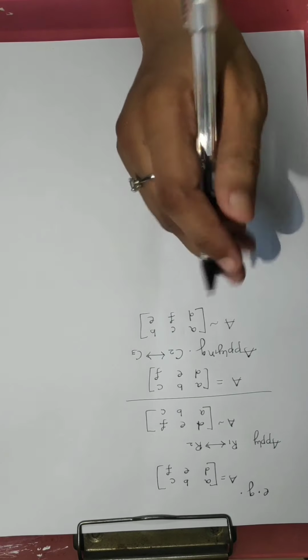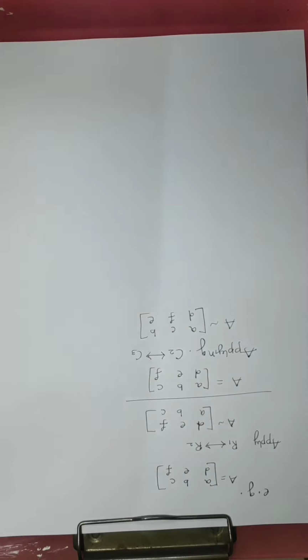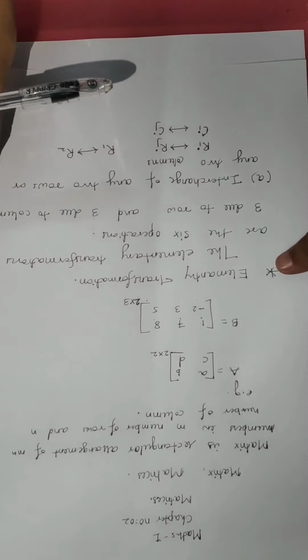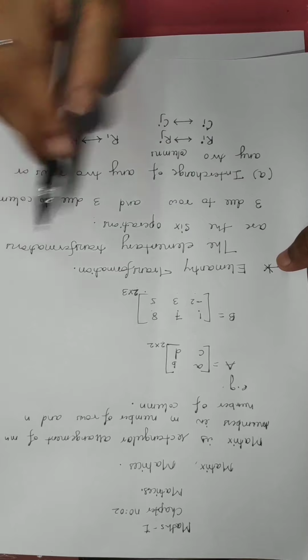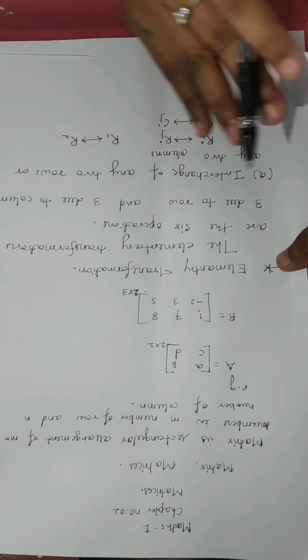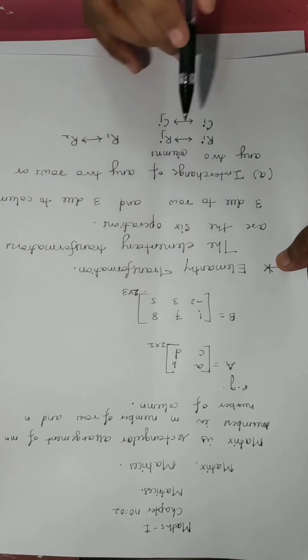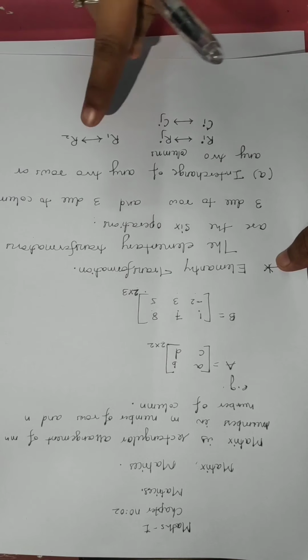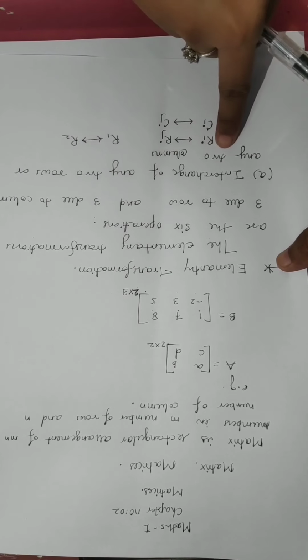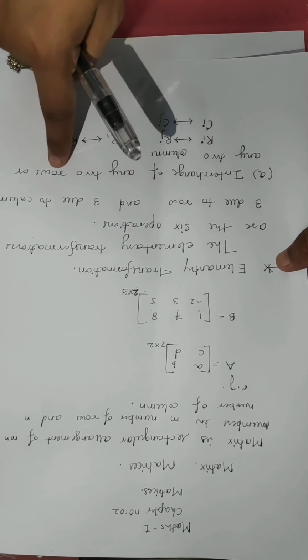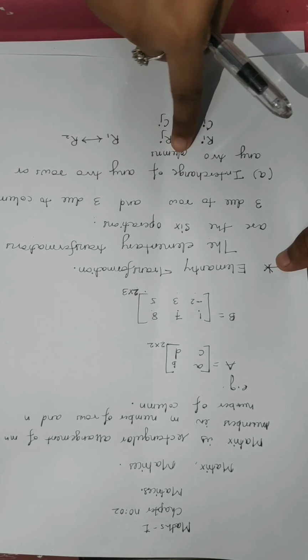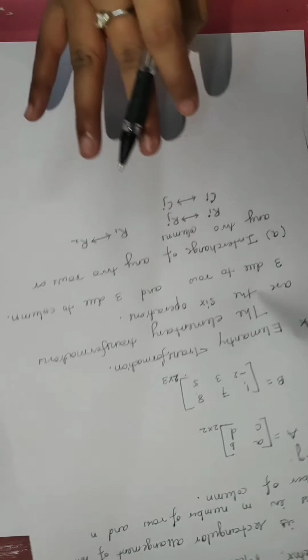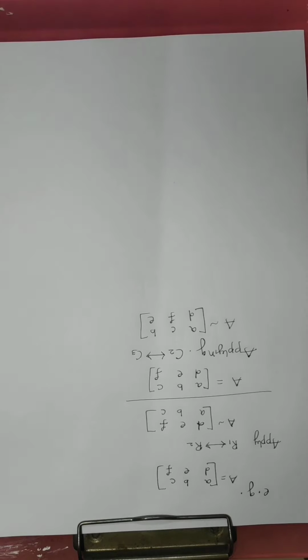I hope you will understand with this example more clearly, that is what is interchange of rows and interchange of columns. So elementary transformation, there are 6 elementary transformations, 3 due to row and 3 due to column. So we had studied 2 elementary transformations, 1 due to row and 1 due to column, that is interchange of any two rows and interchange of any two columns. So we had studied 2 elementary transformations here. Now next